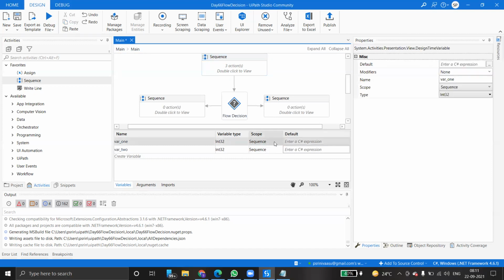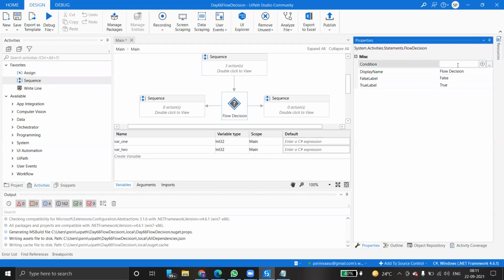I'm going to change the scope now, scope to main. The scope has been changed to workflow level, main. Then coming to the condition: variable 1 greater than variable 2, otherwise variable 1 less than variable 2.